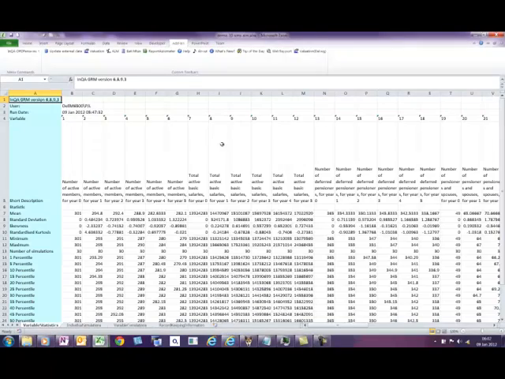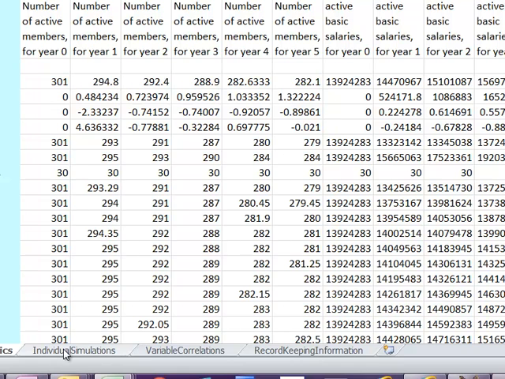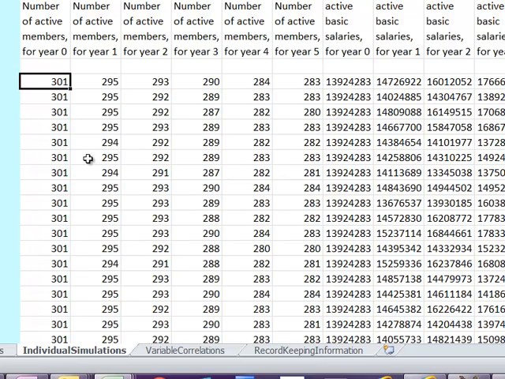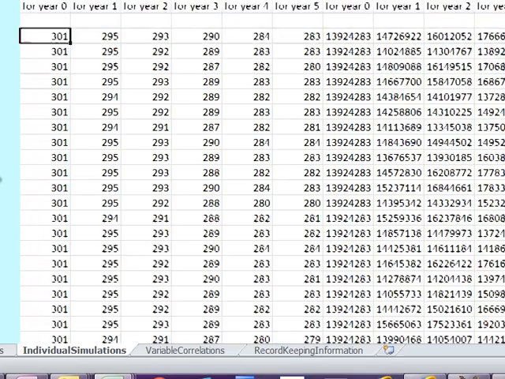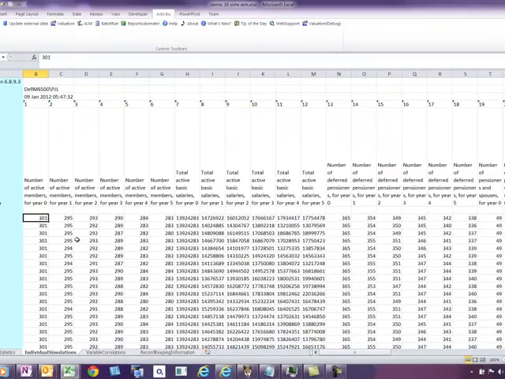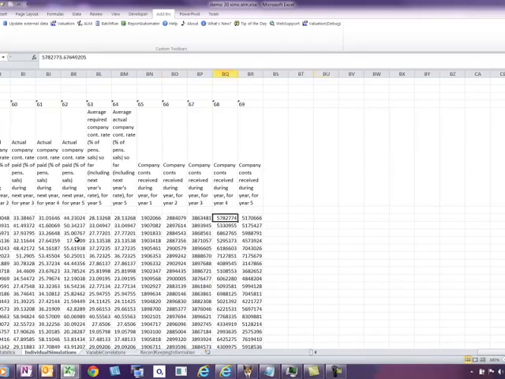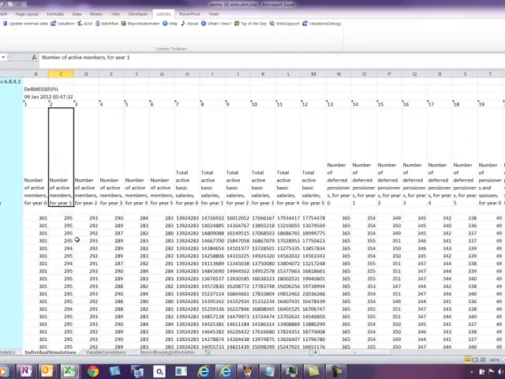The format of the Asset Liability Modelling output files from GRM/OPD is fairly standard. What we have is worksheets with the individual results by simulation. So here we've got 30 simulations, but in practice you'd have several thousand. And going across we have different variables of interest that have been selected by the user here, ranging from demographic